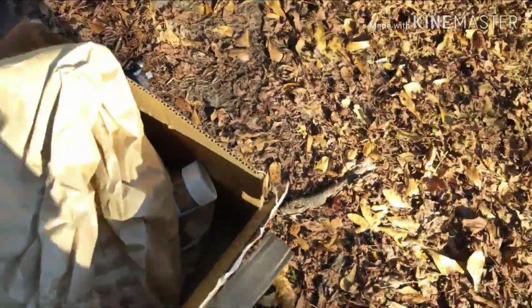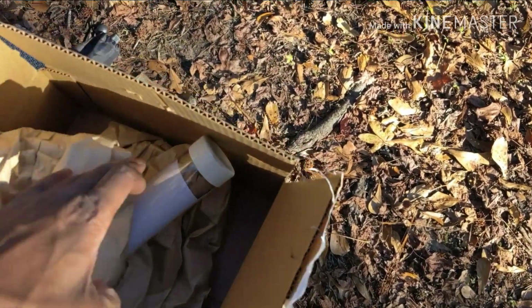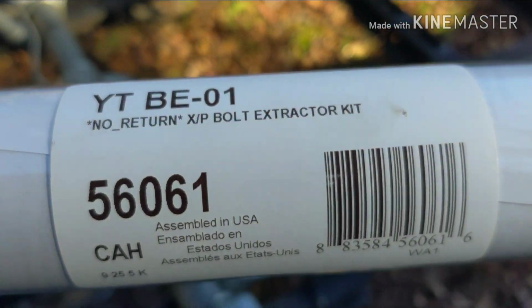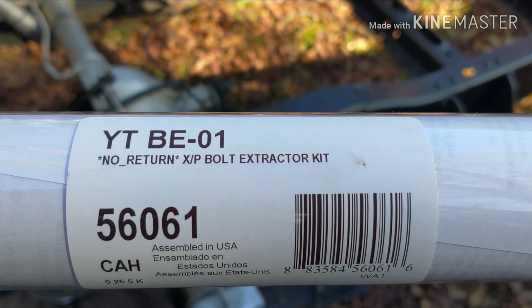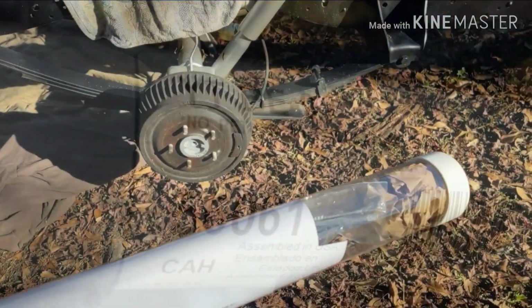Alright, gang, so this just came in today. This is a tool, man, from Yukon Gear. I got this from off of Amazon. It was a lot cheaper on Amazon. See that? Made in USA. But yeah, Yukon Gear. Alright, check them out, y'all. And what it is,